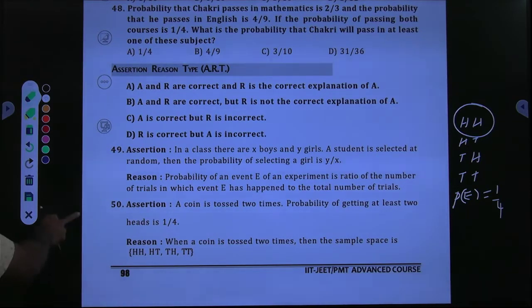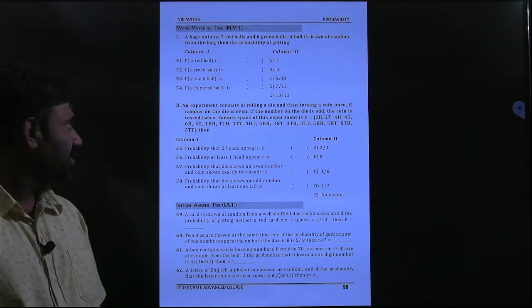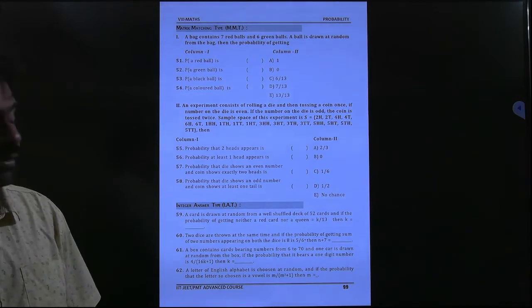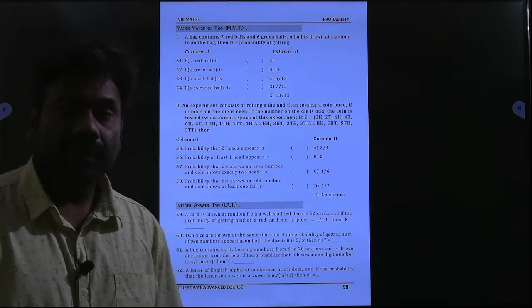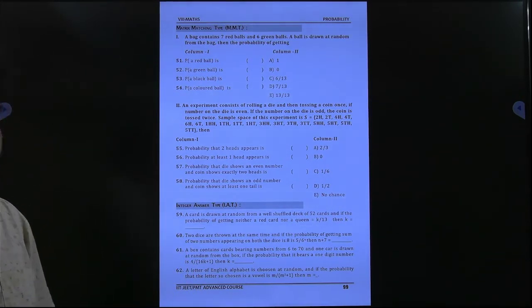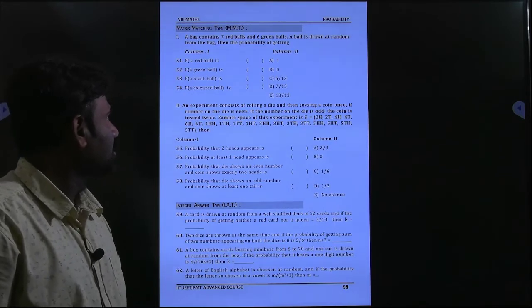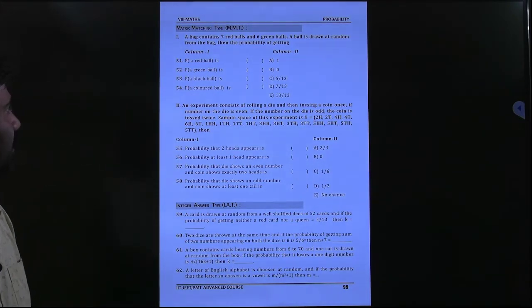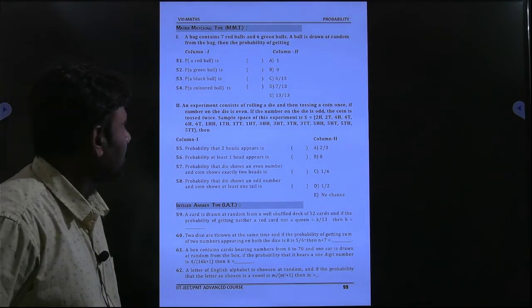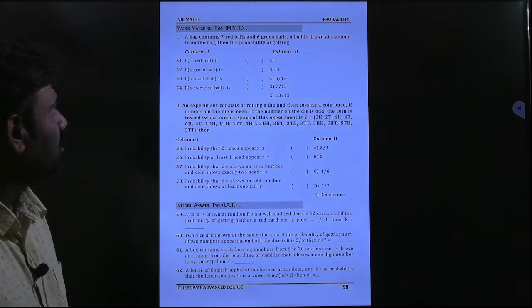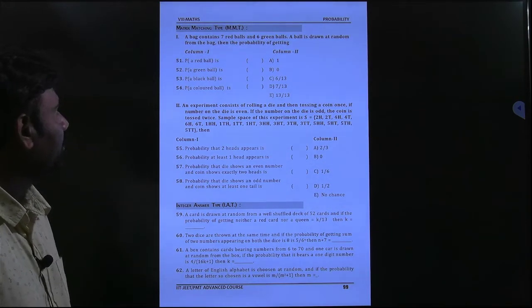Next question, students. In this session we are going to start with 51 and we will complete all the problems in this chapter in this session. Let us start with the first question. Here matrix matching type questions are given. In that first, a bag contains 7 red balls and 6 green balls. A ball is drawn at random from the bag, then the probability of getting